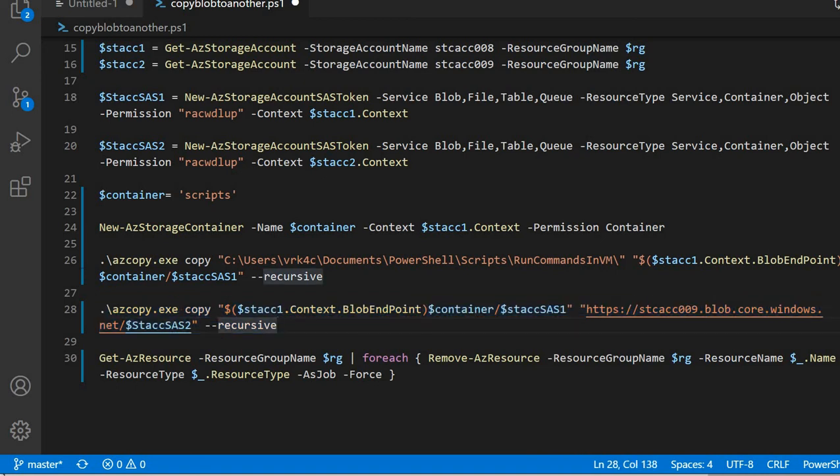But if you see here, I provided the container name in the earlier command, but I haven't provided the container name here. It will detect that you wanted to create a container and it will create it. But if you are running it normally, without providing the container name in the first command, it doesn't know that you are passing the files to a container, so AZ copy will throw an error.